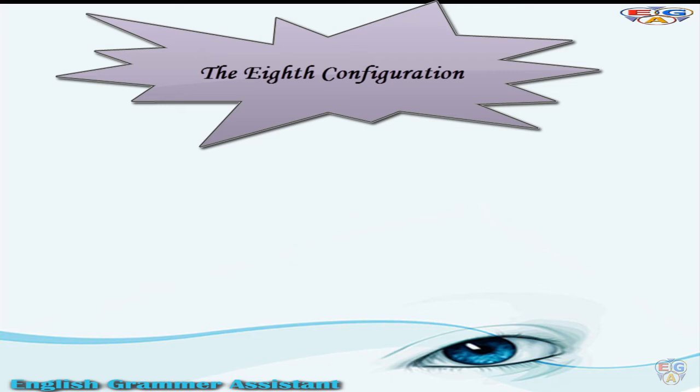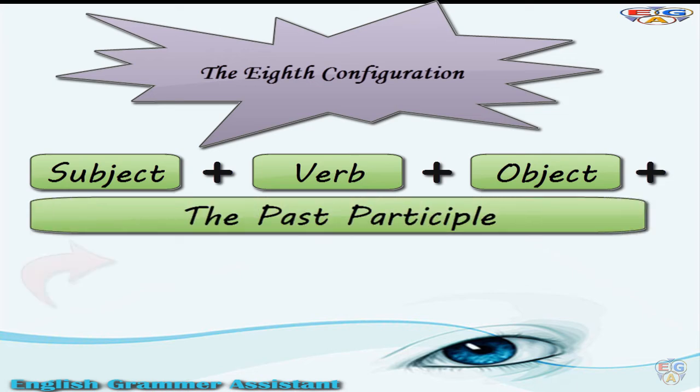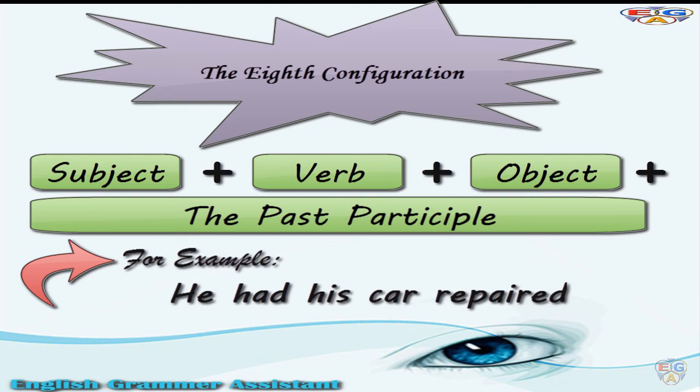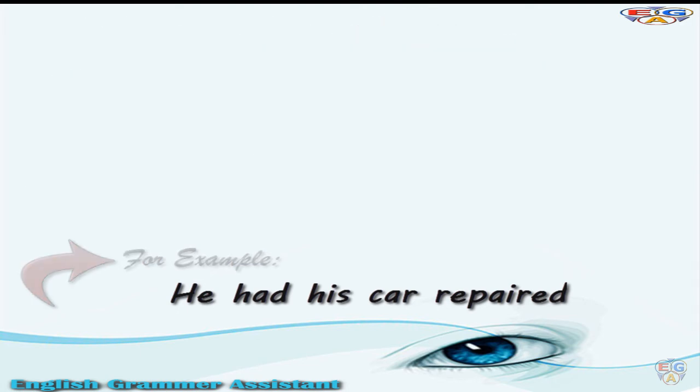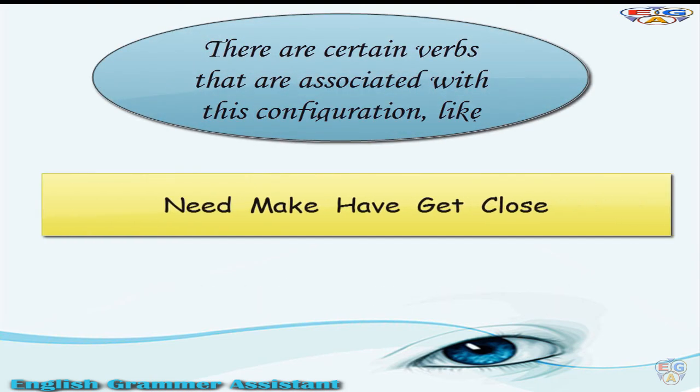The eighth configuration. The eighth configuration comes as follows. Subject, plus verb, plus object, plus the past participle. For example, he had his car repaired. There are certain verbs that are associated with this configuration, like